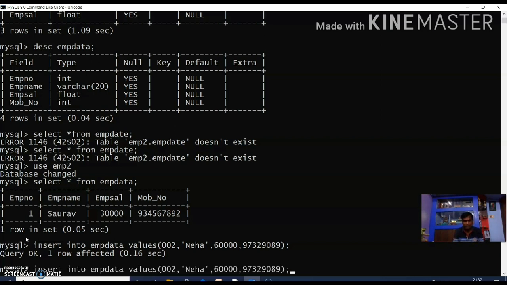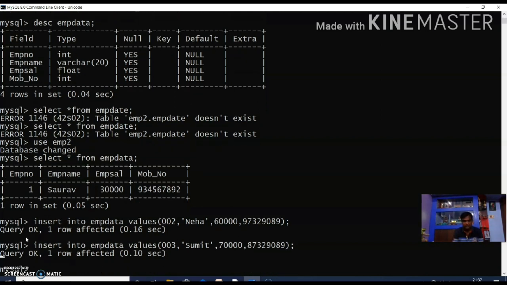Again you want to insert another record. I'm changing it to 3, name is suppose Sumit, salary is suppose 70,000 and mobile number is something. You are inserting that record. The third record is inserted.